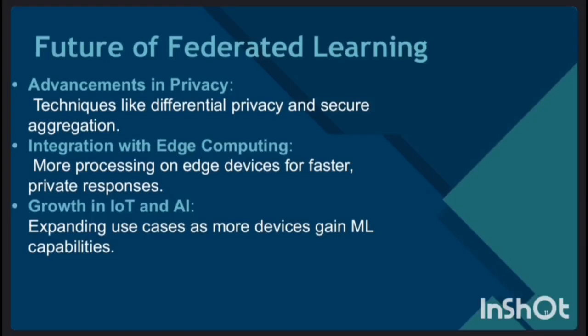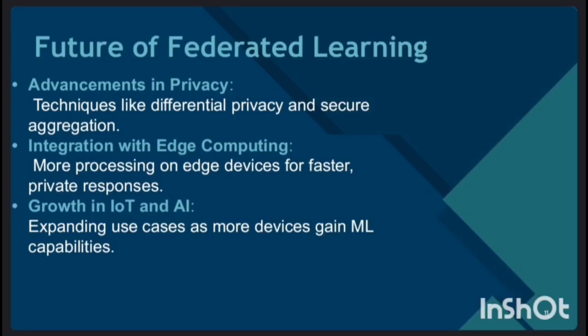As more processing shifts to edge devices like phones and IoT devices, responses can be faster and more private with less reliance on central servers. Finally, with the growth of IoT and AI, we are seeing federated learning gain a broader range of applications. As more devices adopt machine learning capabilities, federated learning will play a key role in delivering personalized, privacy focused experiences